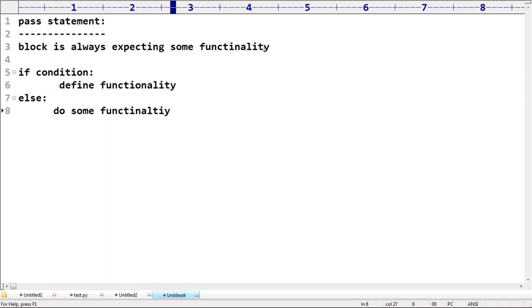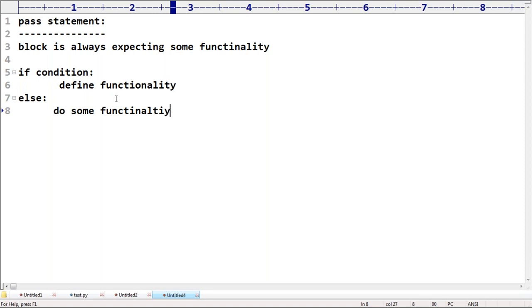Now my question is, sometimes we are not in a position to define that functionality. Maybe in the future I may provide it, but as of now I want dummy functionality which is not going to do anything.